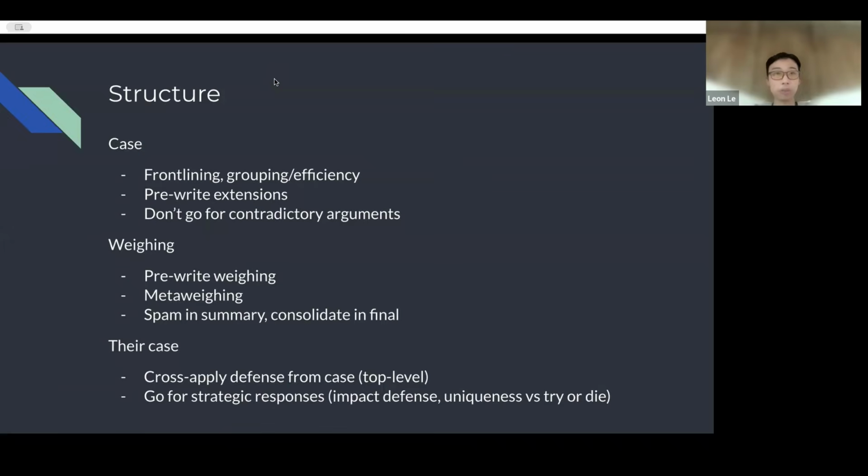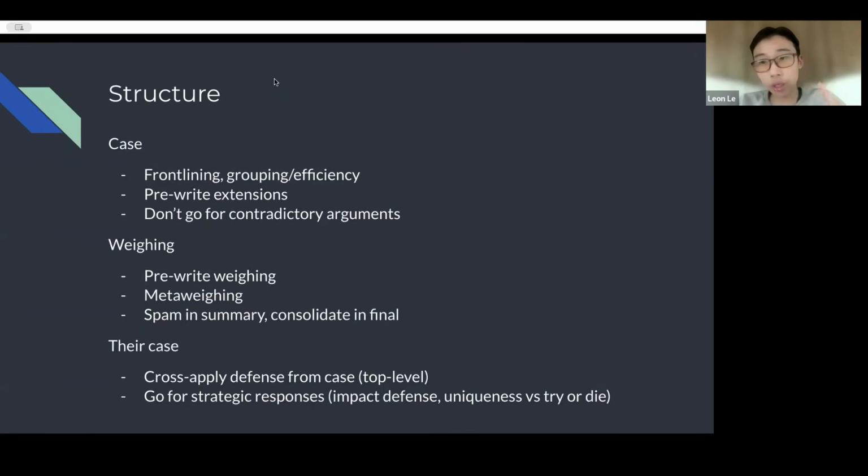or all three of their arguments are gone, especially in first summary when you don't have a lot of time to answer all of your opponent's arguments that they extended. And you obviously should also have specific defense to all of their scenarios, which brings me to the second part about going for strategic responses. So there's a few ways to frame this, and obviously you want to go for conceded responses because that's just terminal defense. But if they don't concede any responses, I think the best way that you can